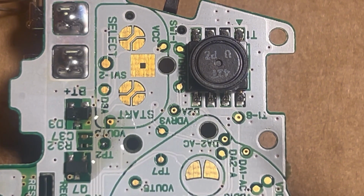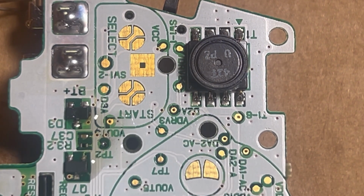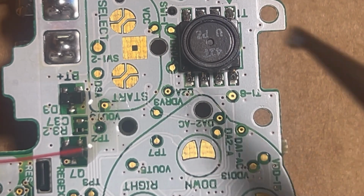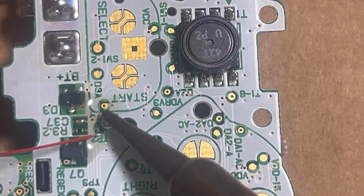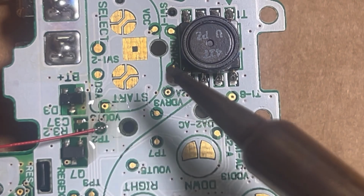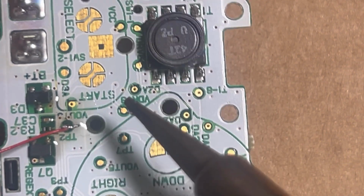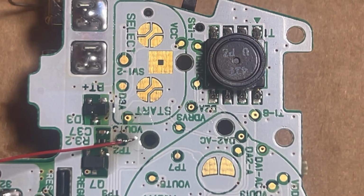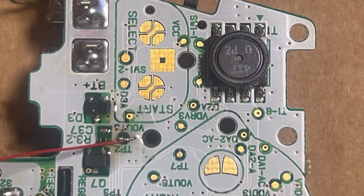So with the TP2 point, it's not much to work with, but as you can see, we got a little flux, we got a little solder on there already. It's perfect. So now we're gonna get the select joint. Try to keep my shaky hands together. Drop it on there. That should be it right there, yeah. Got it on there. It's a little weird and janky, but it is gonna work, I'm sure. If it don't, we'll come back to it, you know what I mean? So now that we got that,